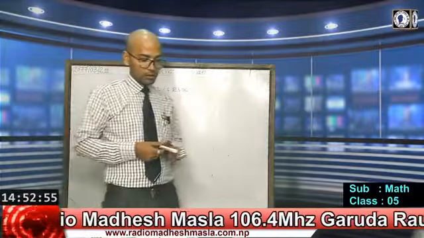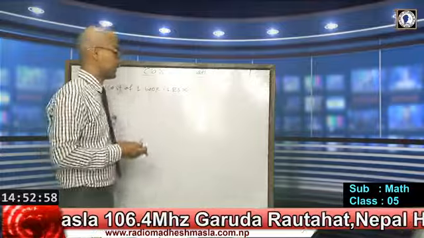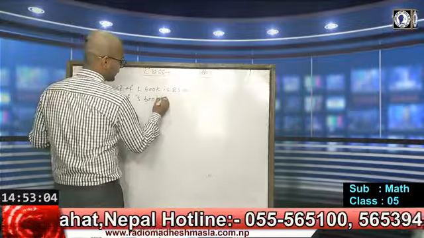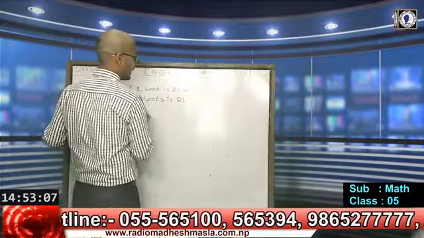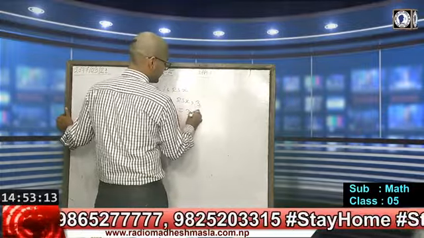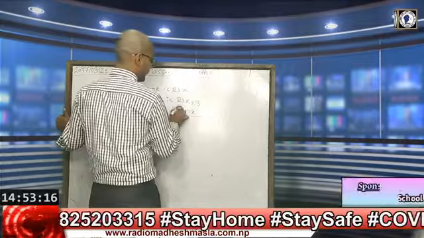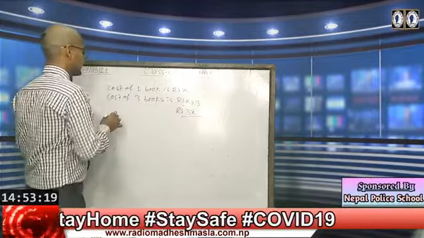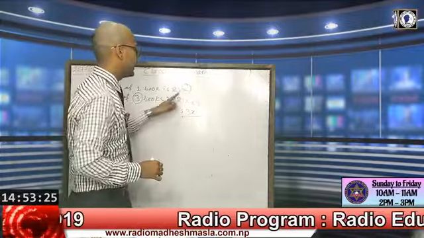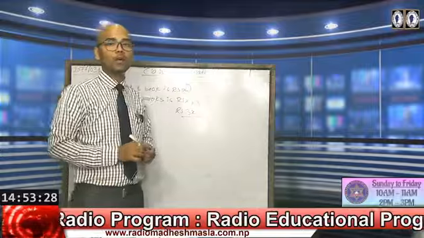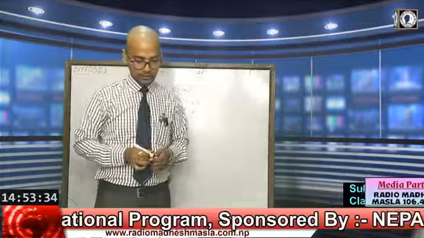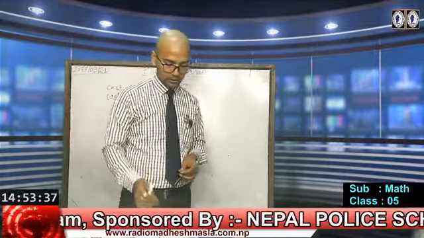Now, the cost of 3 such books is Rs what? Again we should multiply: X into 3 is equal to 3X. In this way we can find the value of 3 books with Rs X. So here X is the cost of a book and 3 is the number of total books. I hope you will do these questions in this way.